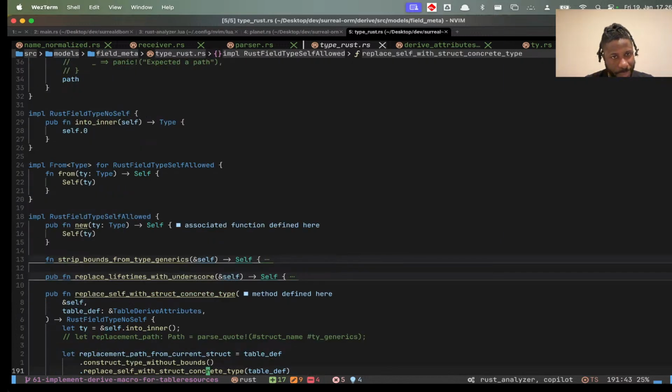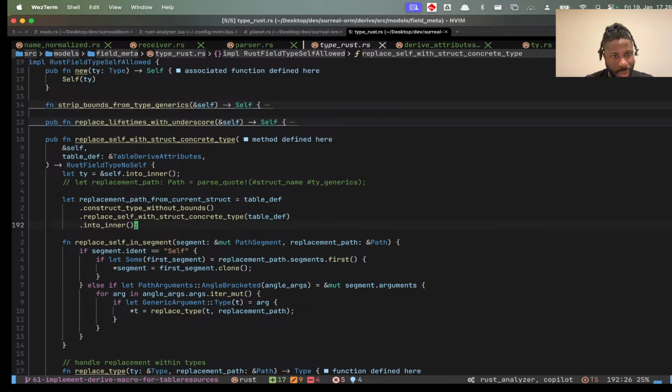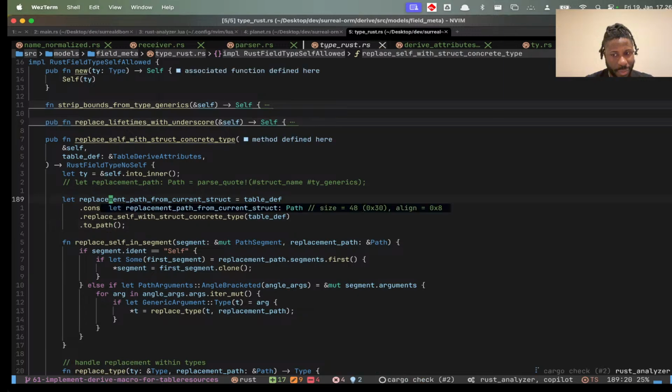But let's go back to where we were. So this is struct replace. What does this yield? To path. So now we have